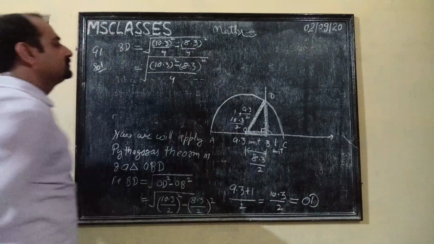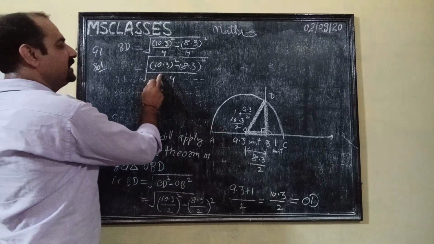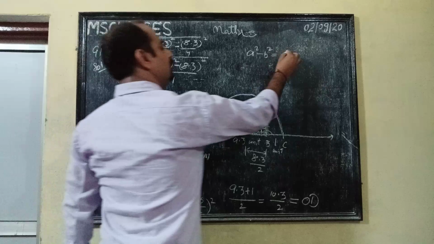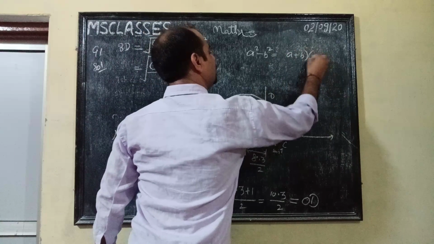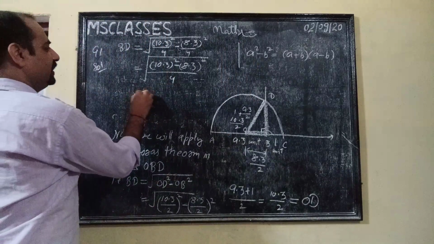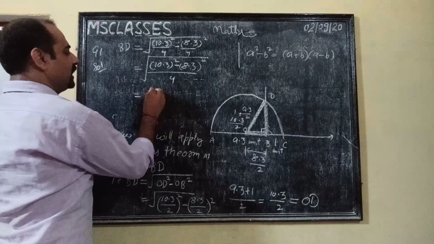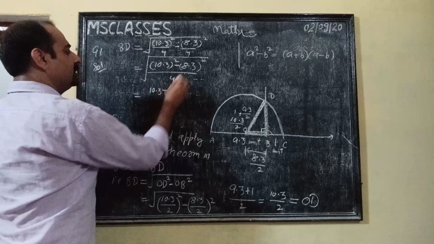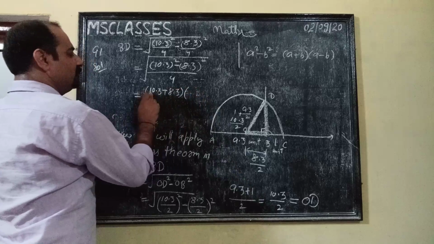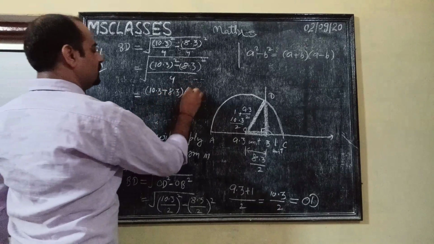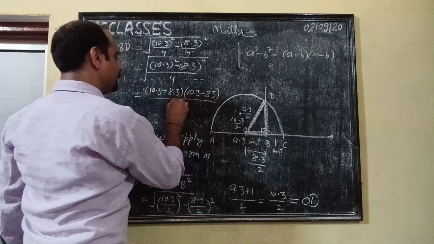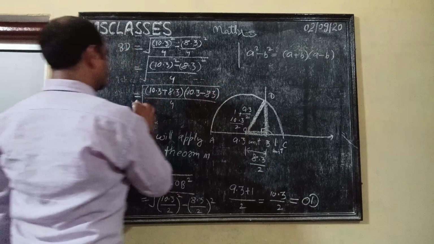And here we will apply the property a square minus b square, this is equal to a plus b into a minus b. Here we have a is equal to 10.3, b is equal to 8.3. So 10.3 plus 8.3, 10.3 minus 8.3 over 4 under the root,